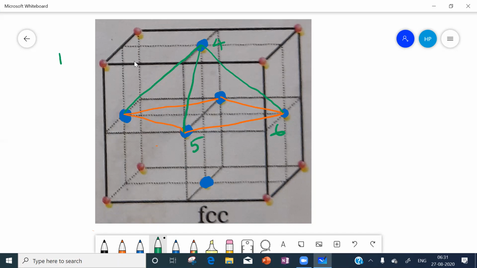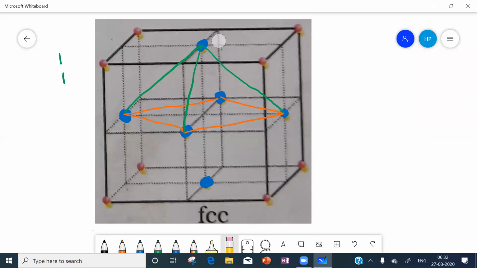Go from the center of 4 to center of 5 to center of 6, back to center of 4. Is it a triangle or not? So this is another triangle.